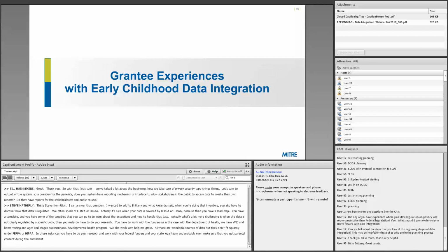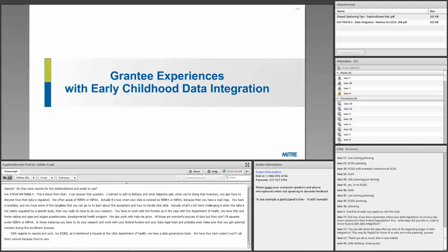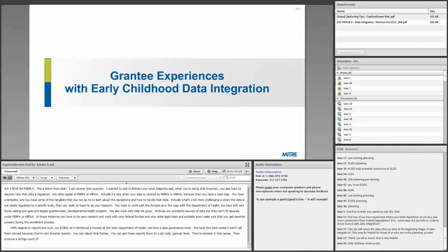With regards to reports, our ECIDS, as I mentioned, is housed at the Utah Department of Health. We have a data governance manual, a data governance body, and we have four hard-coded reports. I won't call them canned because they're very dynamic. You can adjust the time frame, and you can get these reports down to a zip code granular level. They produce a distinct count of children served by the various early care and education programs participating in our ECIDS, who's serving them, which order or sequence, and